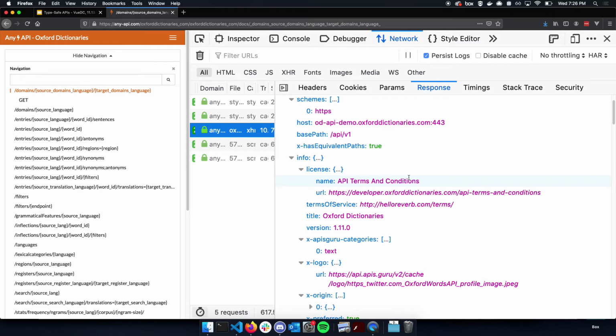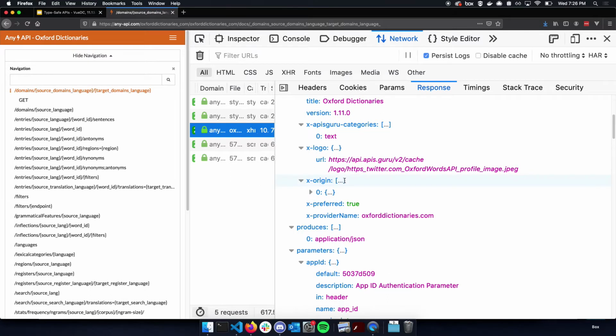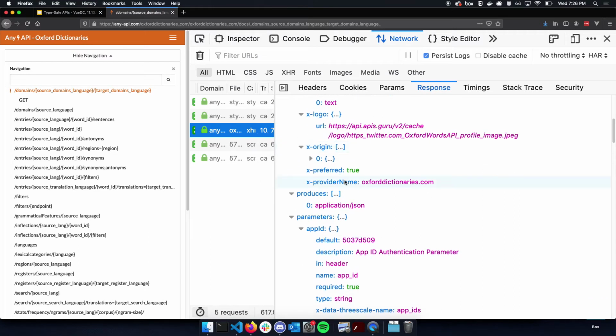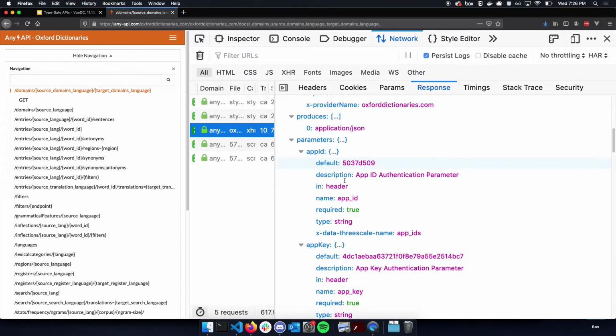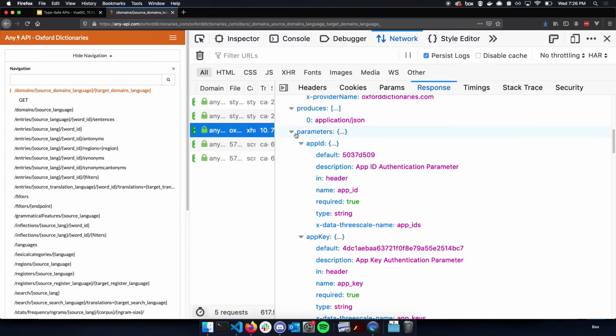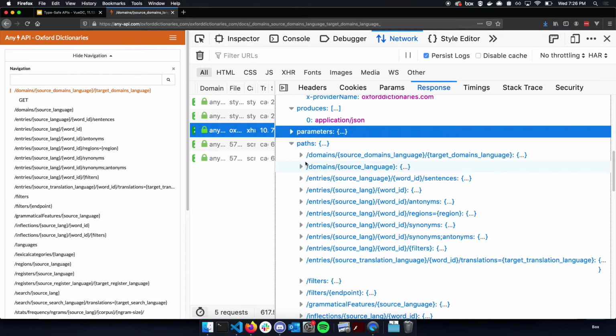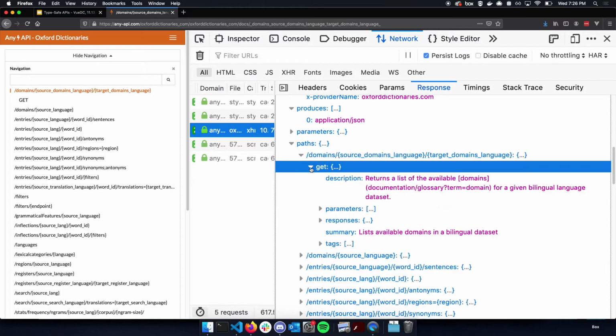A specification file in this case is just a large JSON object that describes the API and what goes into it. In this case, this Oxford API has a license. It has things about origin and headers that need to be applied. And then it has things for security definitions. And finally, it has paths, which are your endpoints. And so you can have, to any degree of detail that you want,